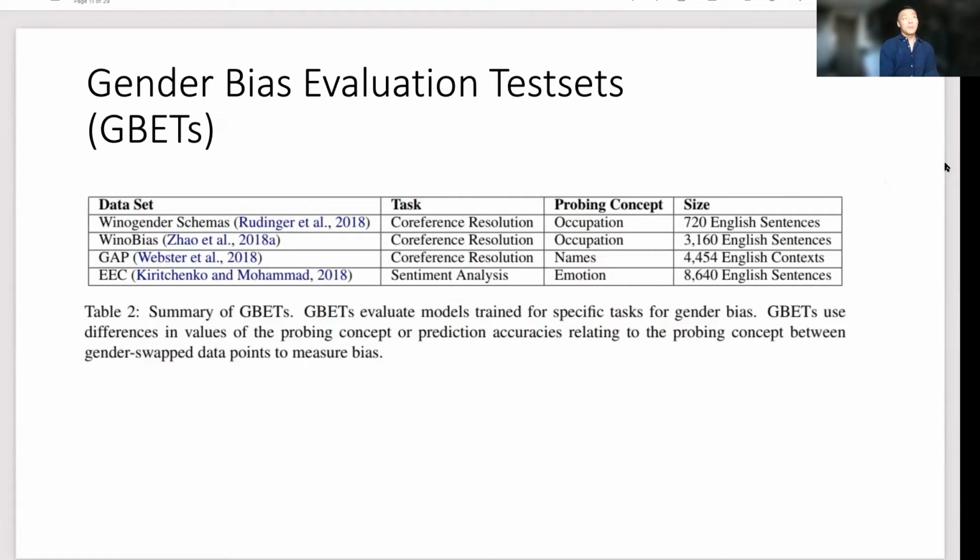So they got a bunch of data sets that they collect. They call it Winogender schema, which comes from Winograd schema. So they changed Winograd to Winogender, and that's, I guess, clever. So the task is co-reference resolution. So you could see if it performed differently or not when they try to resolve co-reference.